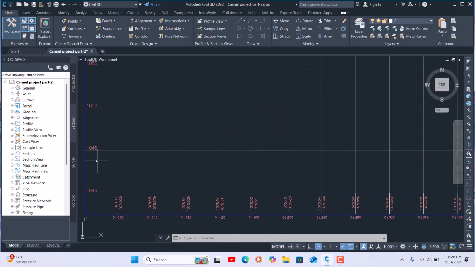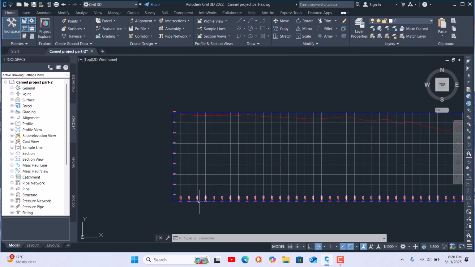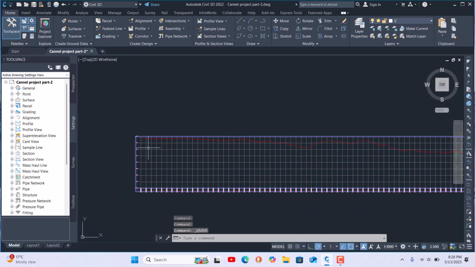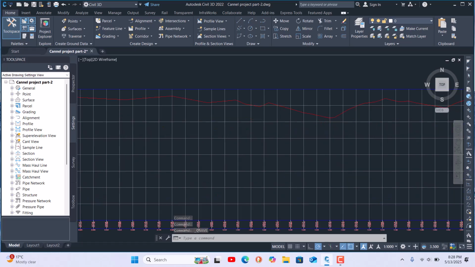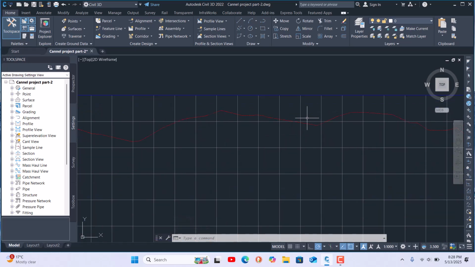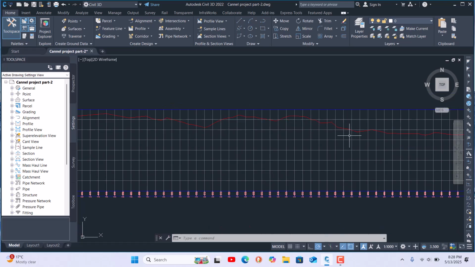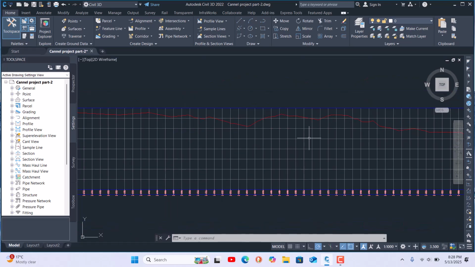So this label and this label we will change the style of later, but just now we have to draw our design profiles. So just save before this, and you come and see the slope here is looking steep, and height in some places higher. But why is it looking so high?